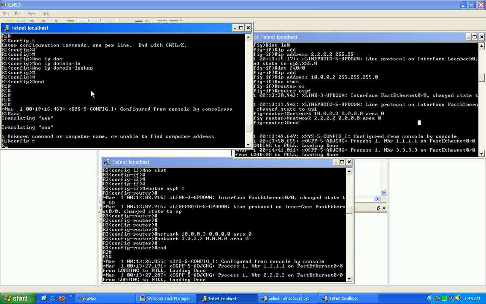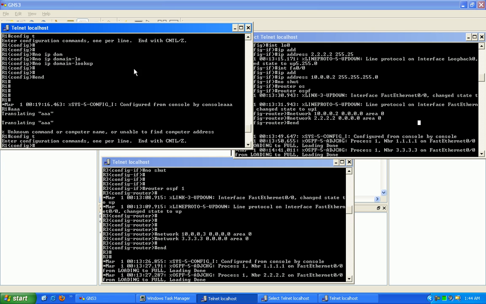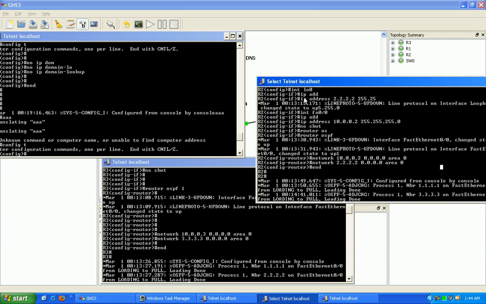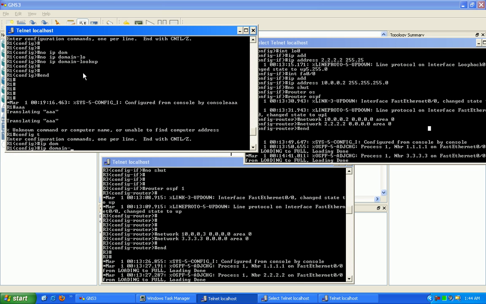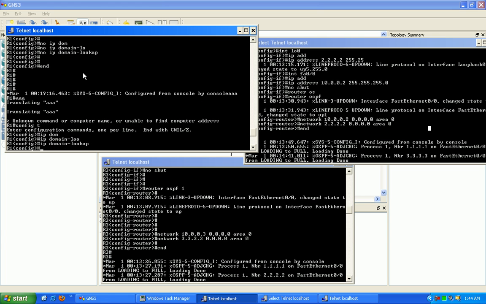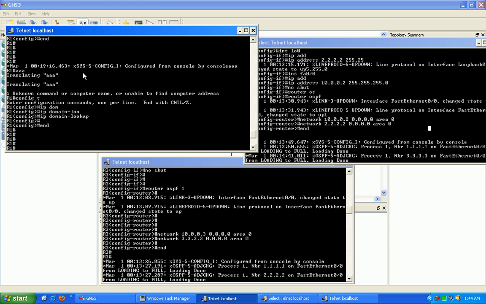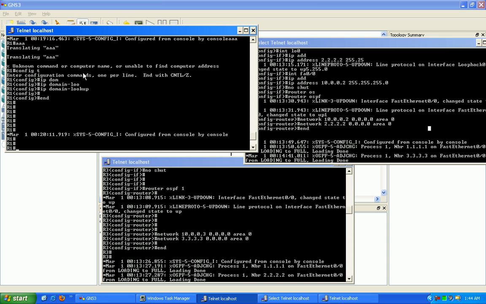But for our example, for our DNS lab here, what we want to do is have IP domain lookup enabled on the routers. So let's go ahead and turn that back on. And now what we're going to do is we're going to configure,